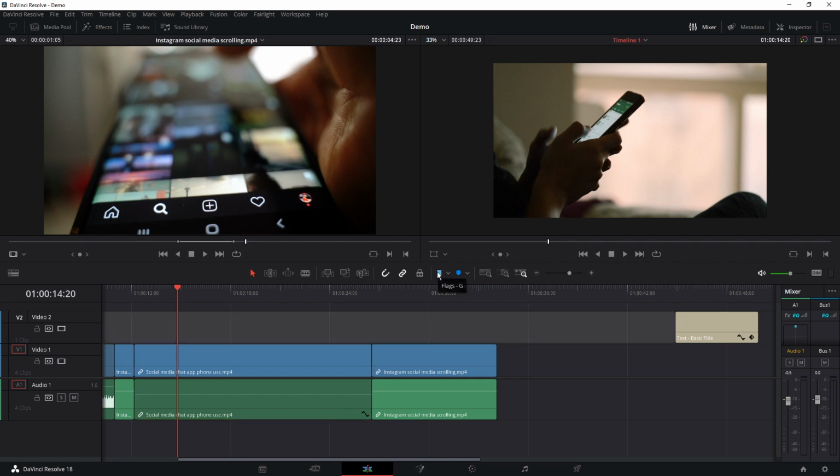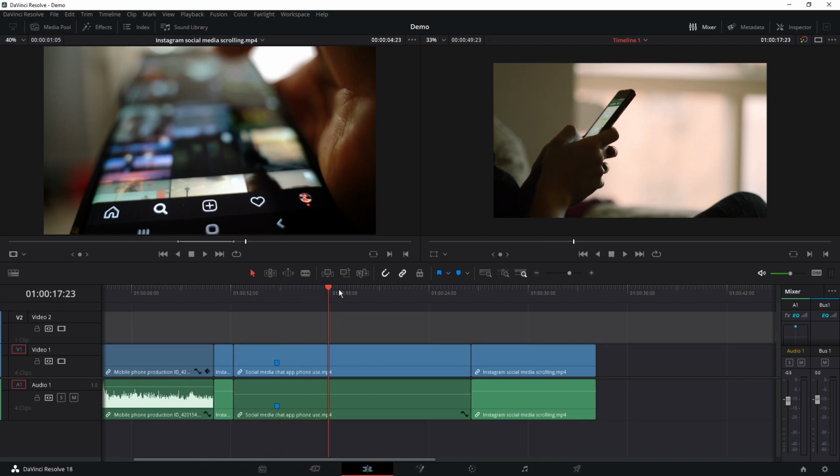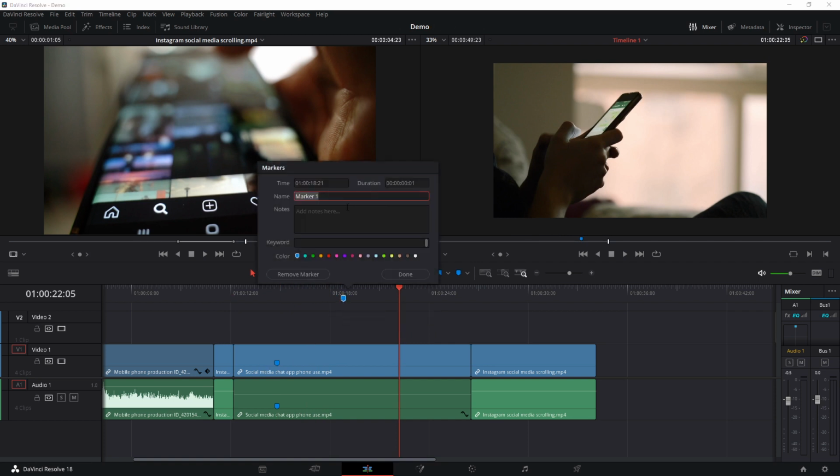You've got flags and markers. These are just ways to mark either a clip, so you can press M on your keyboard or you can tap on there and it adds a little marker. You can also, if you're clicked in your timeline time code thing up here and then you click marker there, it'll just drop a marker in. You can also double click on these and type something in,